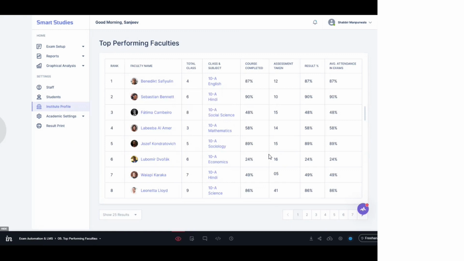Coming to the next part, after the students, the next thing from the management point of view is the top performing teachers or faculties. How the teachers are performing depends upon the progress of their class. And here we can see the names of all the faculties, the teachers, the total number of classes which